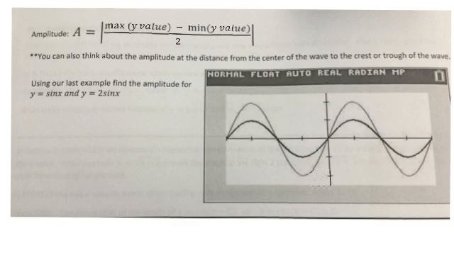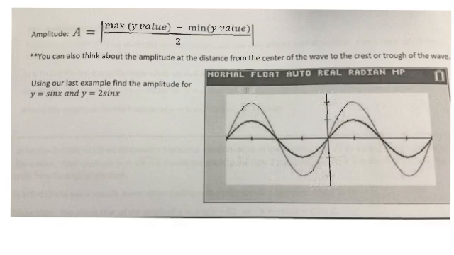Notice that it's in absolute values, so that means amplitude is always positive. We cannot have a negative amplitude. So it's always the positive number there. You can think about the amplitude as the distance from the center of the wave to the crest or trough of the wave. So like on our example here, we reach a height of 2 and we reach